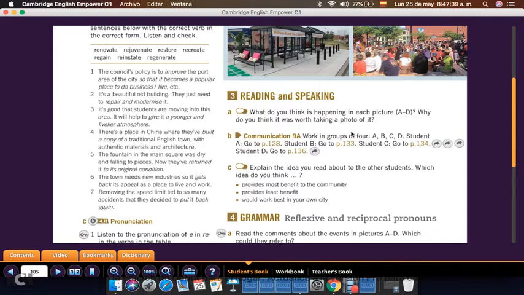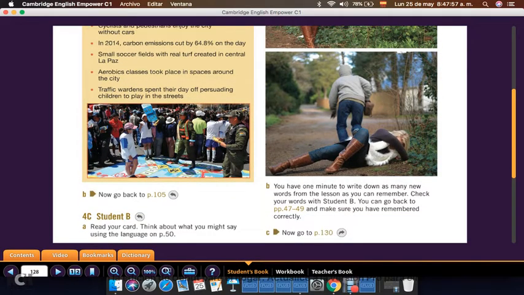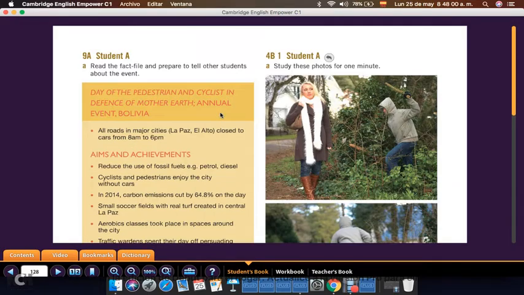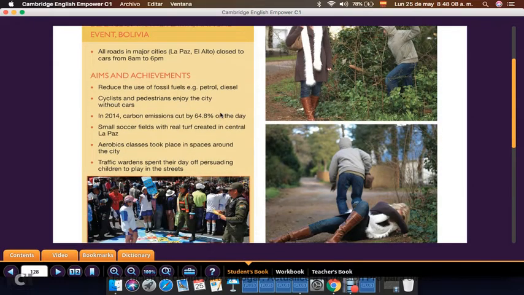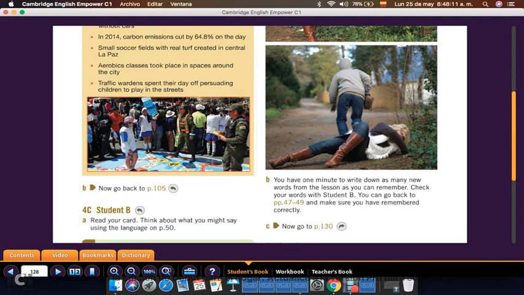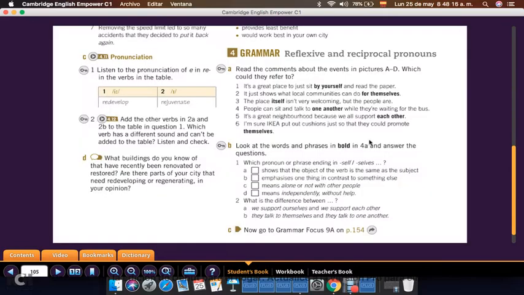And then you go to page 128 or 133 or 134 or 136. Choose one of the four communication pages. Let's go to the first one. Okay, right here on this communication page, you're going to find out. Read the fact file and prepare to tell other students about the event. You're going to read any of them. Okay, let's go back. There are lots of them. You go and read them, check them out,